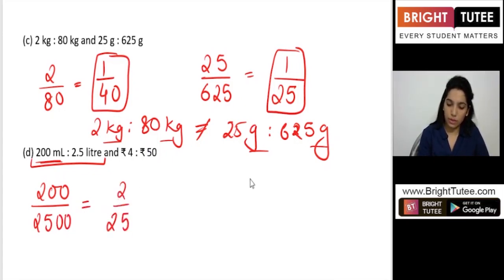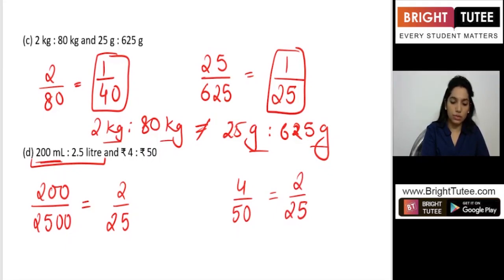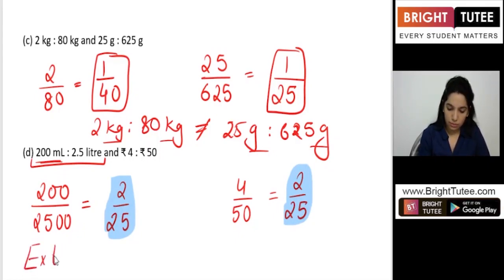Let's check for the other one. It is 4 rupees and 50 rupees. So if we find the simple fraction for this, dividing both these numbers by 2, it gives 2 over 25. Clearly we can see that both these ratios, they are same. So let us write what are the extreme and the middle terms. So here the extreme terms,